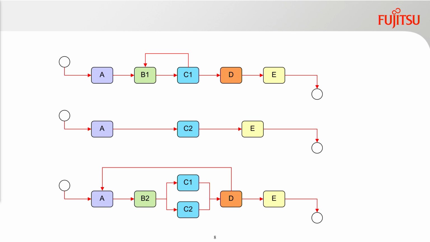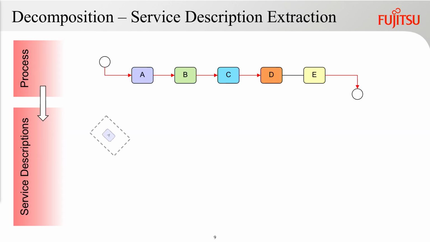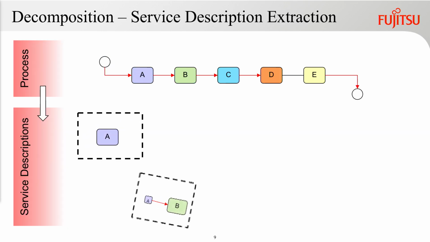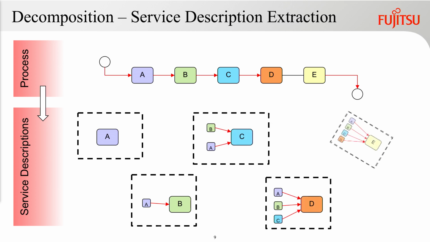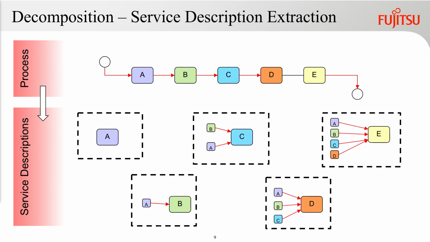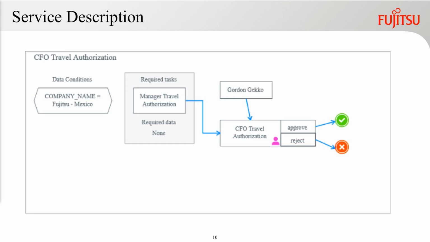So let me dig into how this works. I'll give you a few details on this. We don't normally with ESP start with a business process diagram and decompose it, but it's easier to explain it that way. And my monitor is coming and going. The process can be decomposed into a set of service descriptions. And the service description tells you a task, and it tells you the required tasks that have to be done before that. And you'll notice that all of the tasks that are there are listed as required tasks.